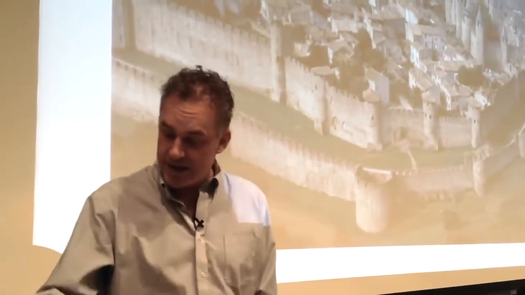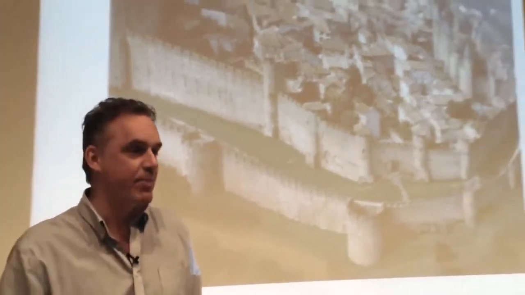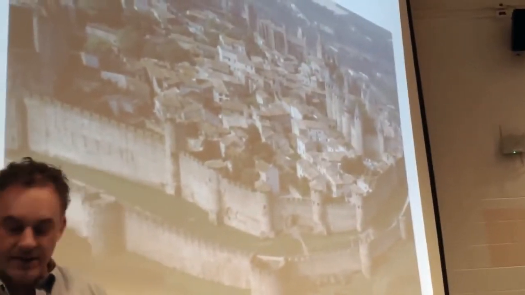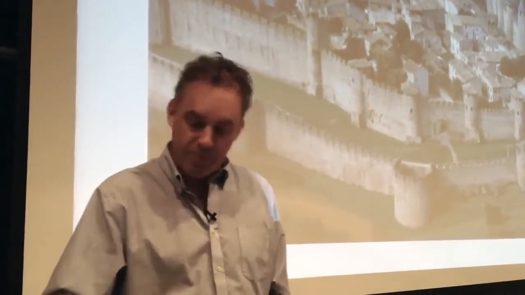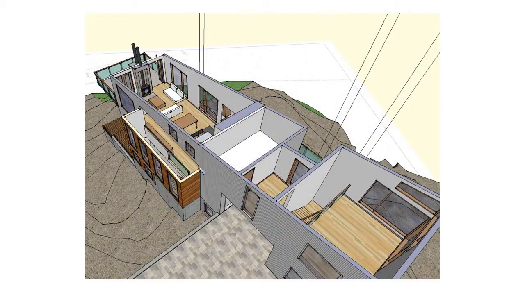If you look at medieval cities, this is a well-preserved medieval city in France. There's a lot of medieval cities that still exist in Europe. And you see, this is a typical sort of human habitation. Inside there's order, and outside there's chaos and barbarians, and then there's a couple of walls to keep the chaos and the barbarians out, and then inside there's a dominance hierarchy and everybody can live their relatively productive and relatively peaceful lives inside of that. It's all framing, getting rid of unnecessary complexity. Same thing with houses, they do the same thing for you.